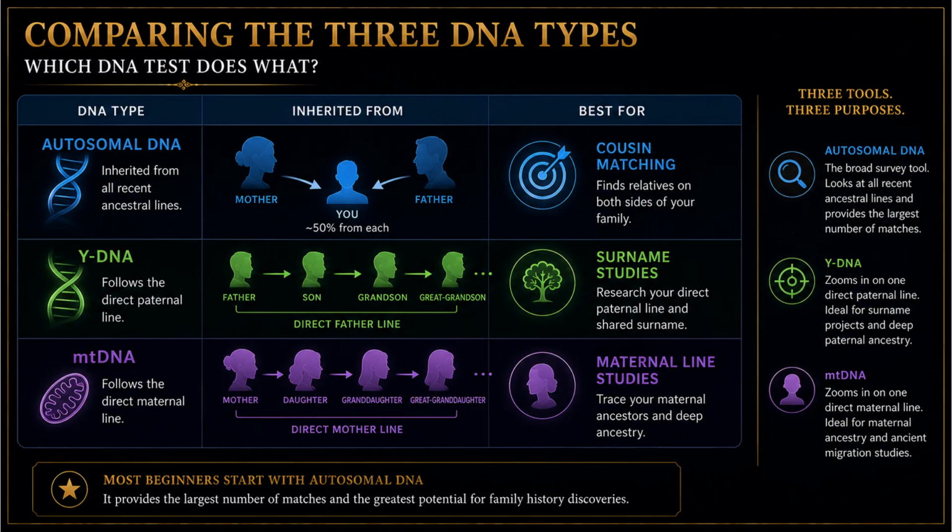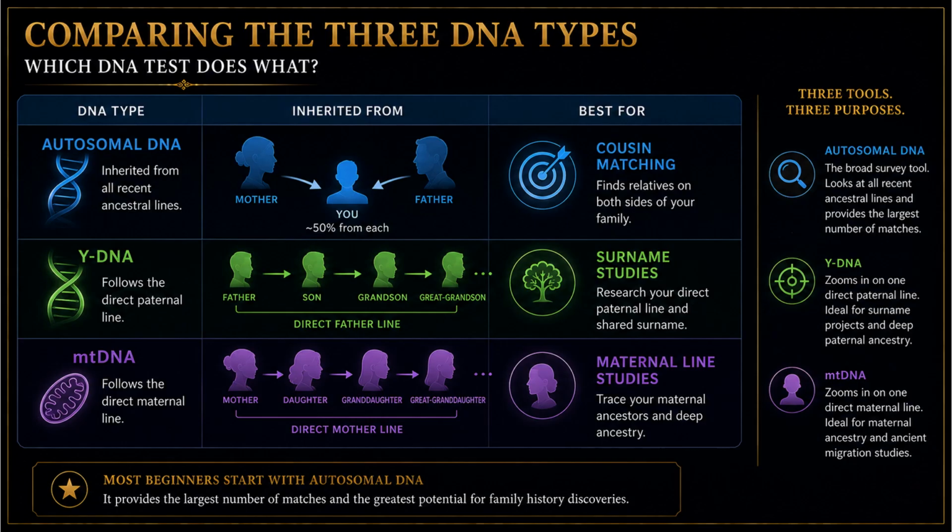Think of these tests as different tools for different jobs. Autosomal DNA is the broad survey tool that examines all recent ancestral lines. Y-DNA zooms in on one direct paternal line. mtDNA zooms in on one direct maternal line. Most beginners start with autosomal DNA because it provides the largest number of matches and the greatest potential for family